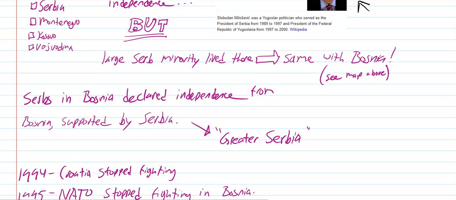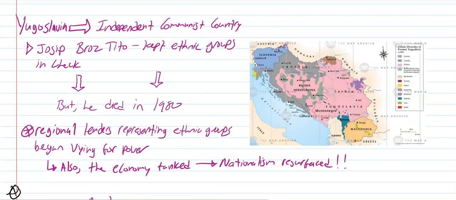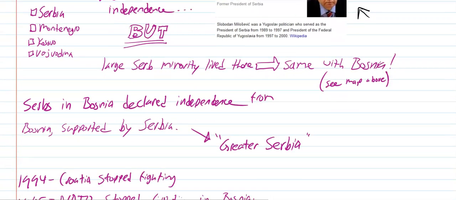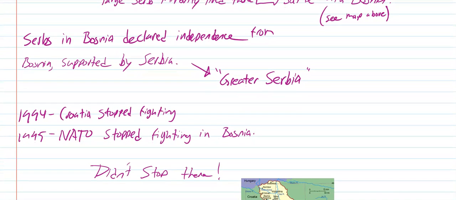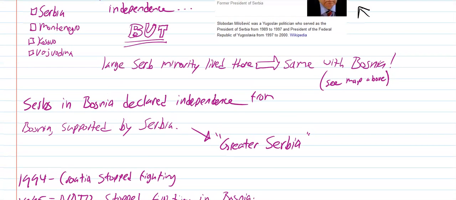And so Serbs in Bosnia declared independence from Bosnia and were supported by Serbia. At the same time, you've got Serbs in Croatia doing that same thing, but then Croatia also is picking on Bosnia because, look, there's a lot of Croatians living in here as well. And so Croatia and Serbia both kind of go into Bosnia, where the Bosnians are Muslims, and they start to attack and destroy and kill, even if they're unarmed. They take villages of people and they start to try to kill them, rape them, burn their stuff down, run them out of the land.